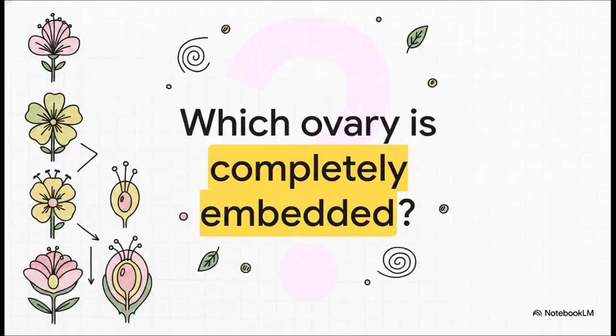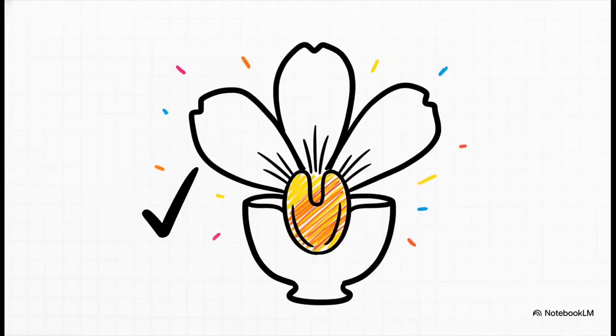Okay, moving right along to question 2. Remember our little spatial journey downwards? Which term describes the flower where the ovary is entirely swallowed up and embedded? Is it A, hypogynous, B, perigynous, C, epigynous, or D, none of these? Spot on. The answer is C, epigynous. The epigynous flower features that totally embedded inferior ovary position, which of course means all those petals are forced to